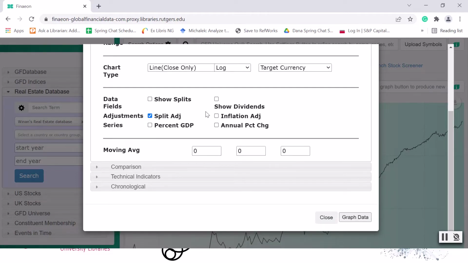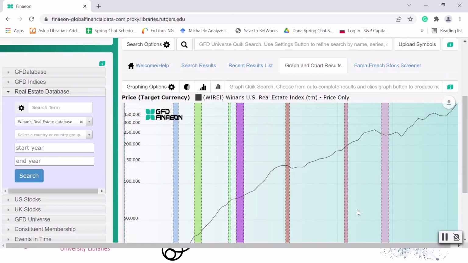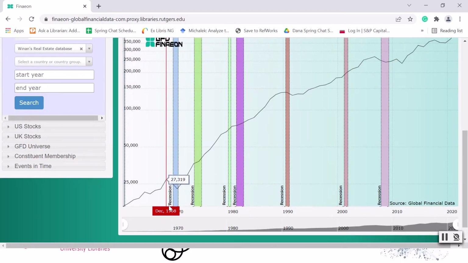What we're going to do in this case is click on the chronological section. From here, it's going to provide us with some variables based on historical event type. So we can see some of the great datasets that they have here: recessions, head of state, head of government, bear markets. So we can definitely make this correlation and integrate these datasets into our charts. So we're going to choose recession. And here we are. Now it's going to give us the time series graph based on each recession that happened from the 1960s